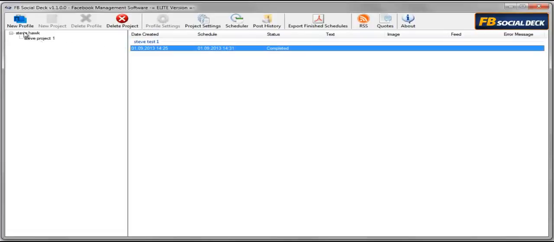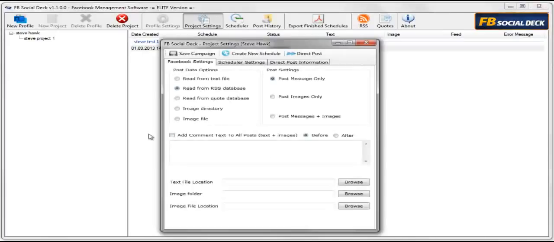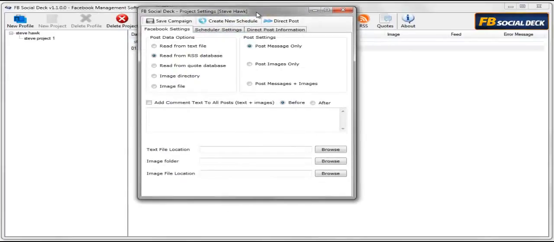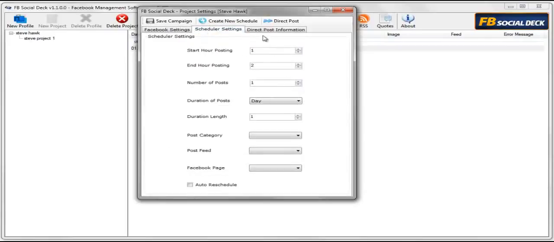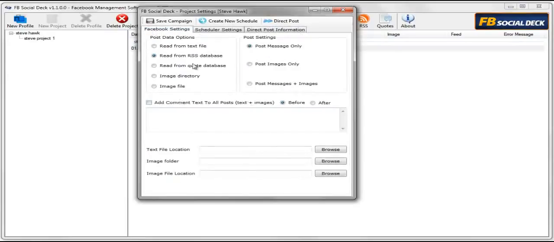I've already set up a Facebook account, and I've set up one project under that account. As you can see, it initially obtains the access tokens for Facebook. As you can see in this screen, the options, it's again super simple to do. Nothing difficult. You've got a Facebook settings page, a schedules page, and a direct post page. Facebook settings is where we can set up what we're posting